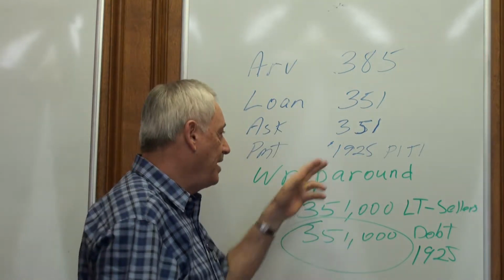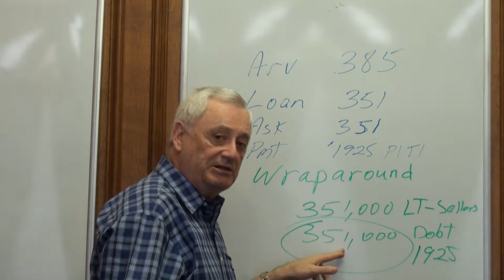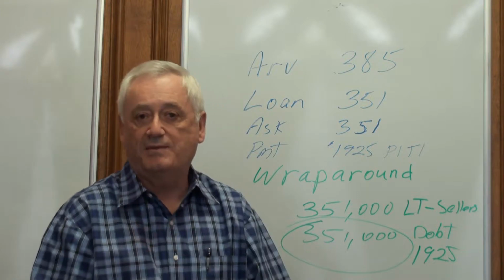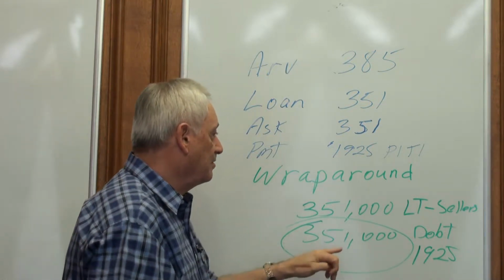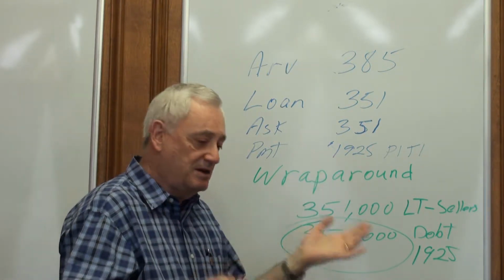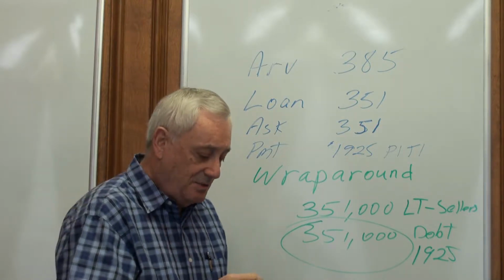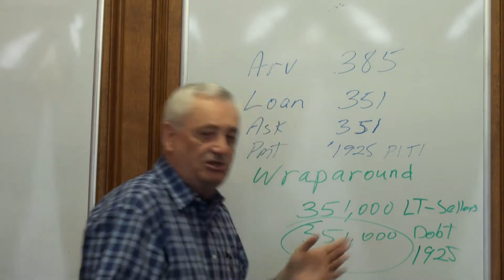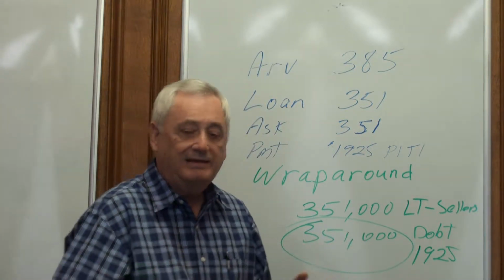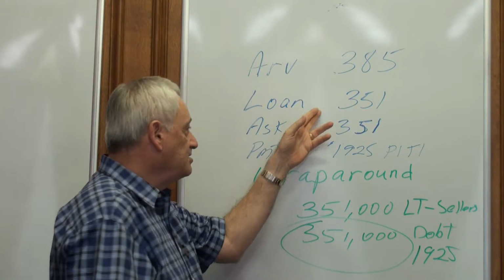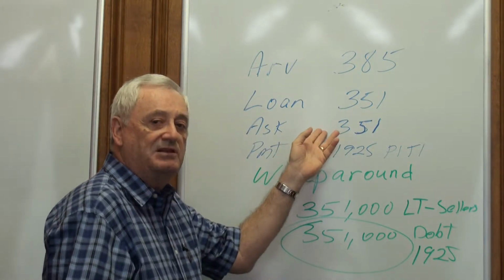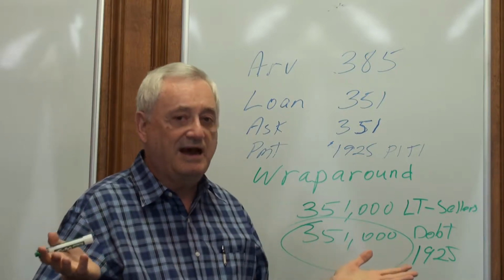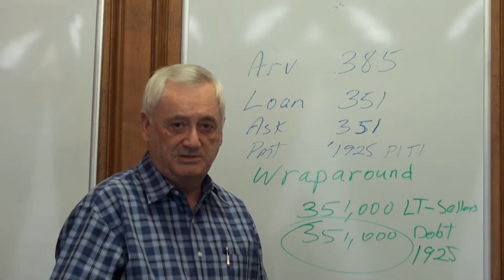No, heck no. I'm paying their bank direct with their permission. The sellers will never touch my payment, but they still have the document showing that the payment is being made. And of course, their credit report will show that this payment is being made every month because it is by us. So why did I do that? To protect them. Their debt ratio now will work out for them, and also, if the seller just deeds me the house and leaves the loan in their own name, if I don't pay, they have no way to take the house back. They have no way to protect themselves.